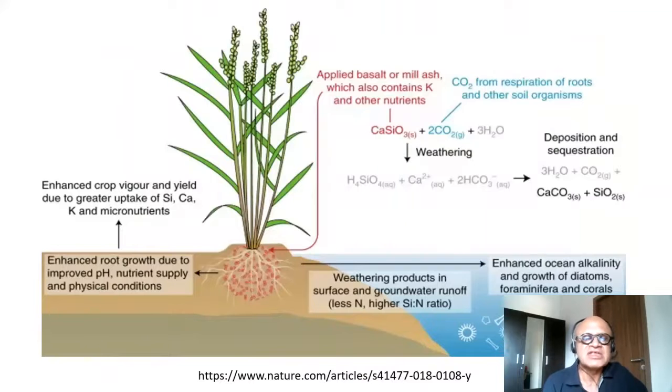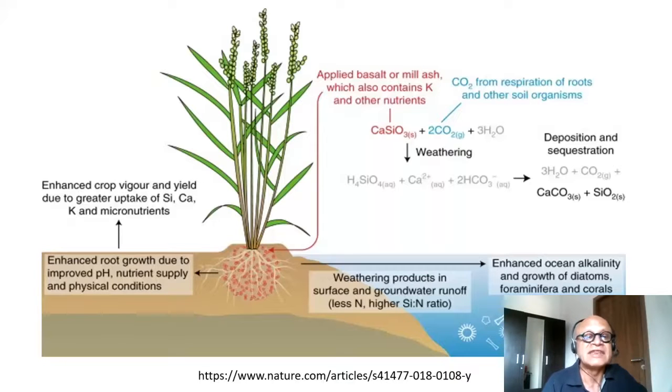Now, some experiments have been done. This is from a paper that argues for enhanced weathering on agricultural lands, which would solve food security problem as well as wash off into the ocean and slow down the acidification of the ocean. So right now, increased CO2 in the atmosphere is acidifying the ocean, which means corals and other calcifying animals cannot survive. They cannot calcify. Acidification of water makes them melt or not be able to build the coral reefs or